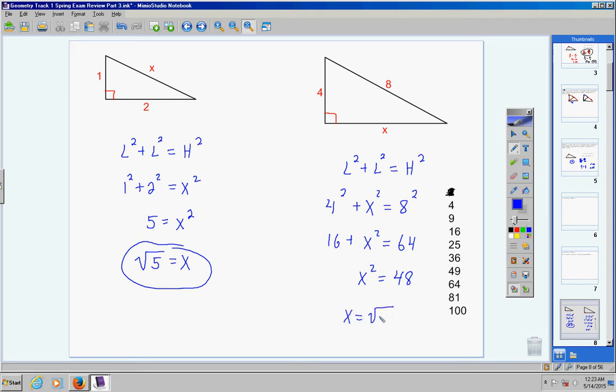Now, if I asked you to write your answer in decimal form, well, that would be no problem. You type it into your calculator, and you're going to get 6.928. Alright? However,